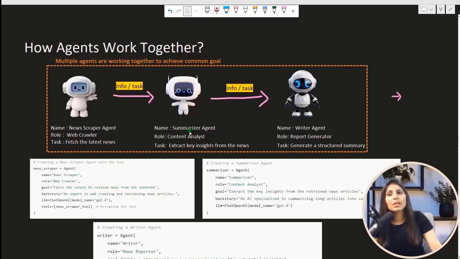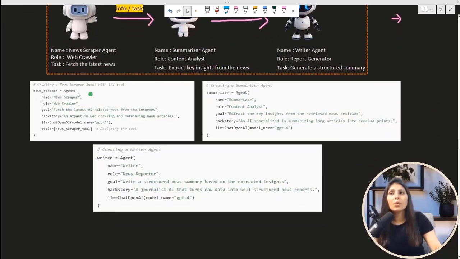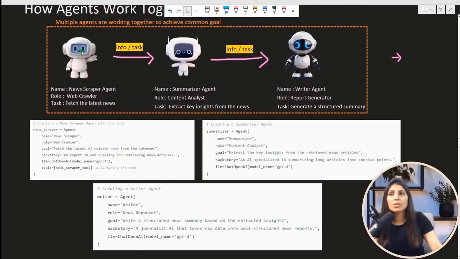Then this agent passes that task to the next agent. Now this is a writer agent. The role of this agent is report generator, and the task of this agent is to generate a structured summary. So we used three agents, and in coding this is how you will write. So for this news scrapper agent, this is how you'll write.